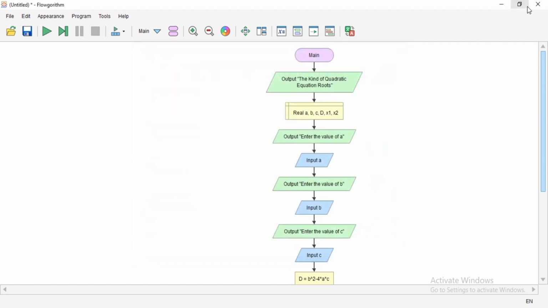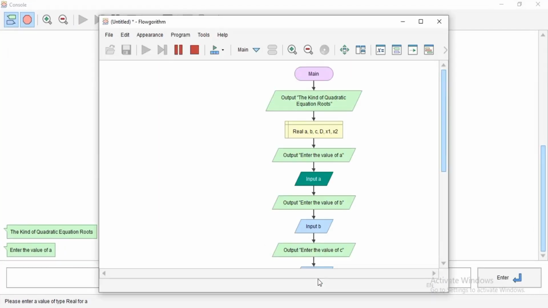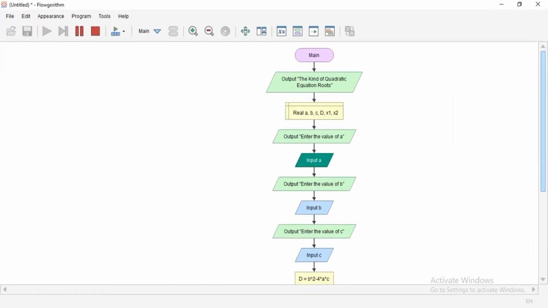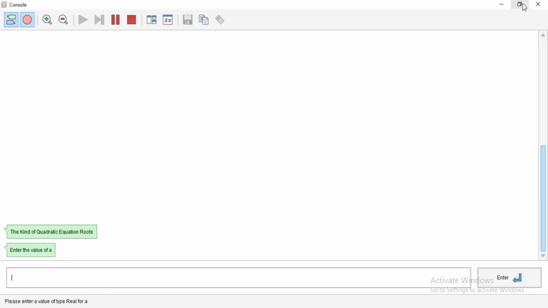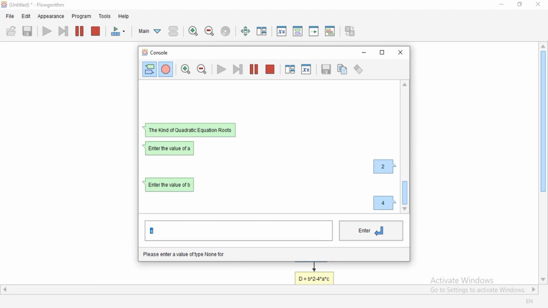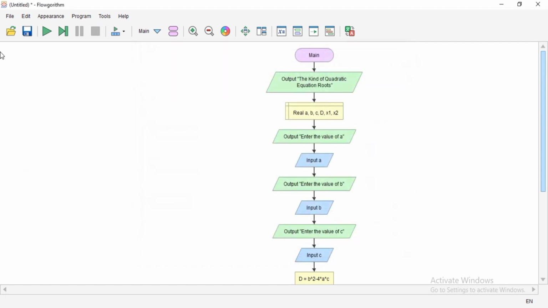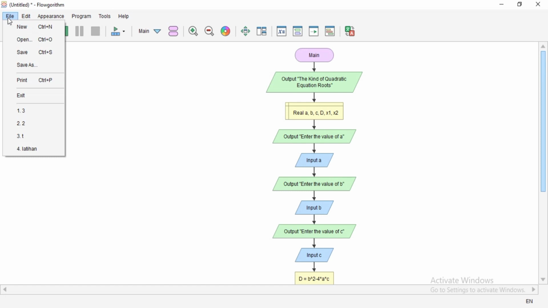And next I will check again. No, it's not. Sorry. Maybe enter the value of a is 2, b is 4, and c is 8. This is imaginary root. Is this right? Yes, right.